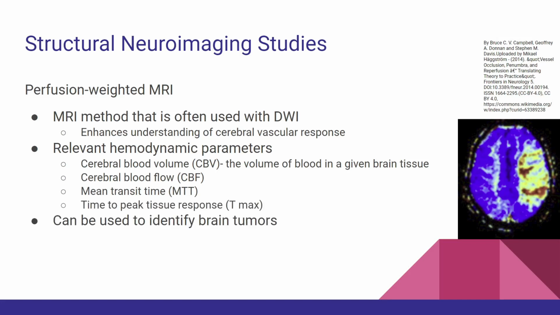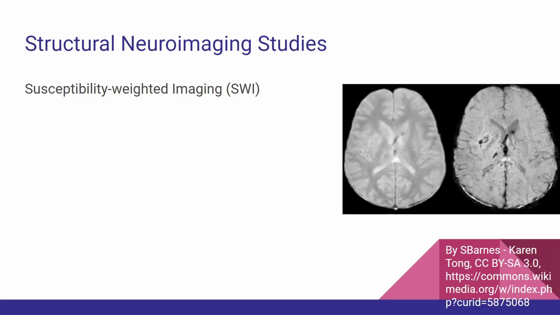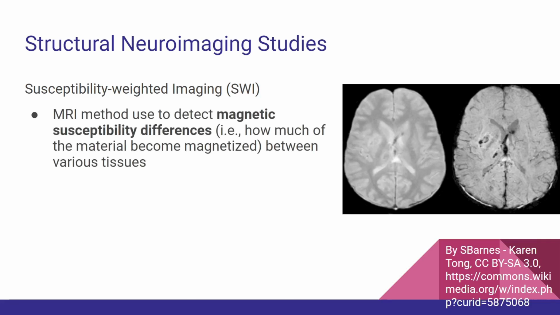And this can be useful for identifying various brain tumors which have unusual diffusion rates due to the mass effect, or they show strange metabolism, or they'll cause pathological leakage across the blood-brain barrier, which are all detected by this perfusion-weighted imaging. Susceptibility-weighted imaging is another type of MRI process, and this detects magnetic susceptibility differences, or how much of